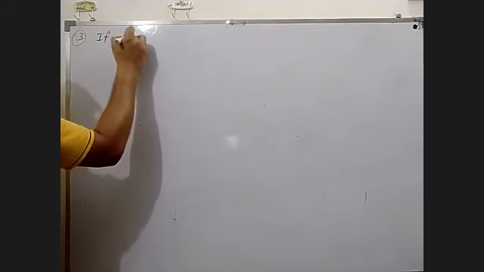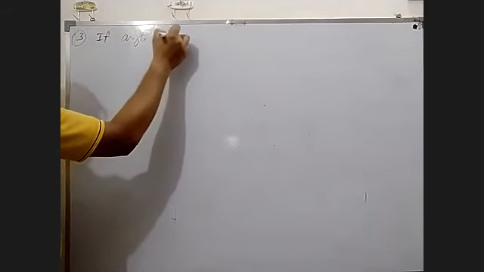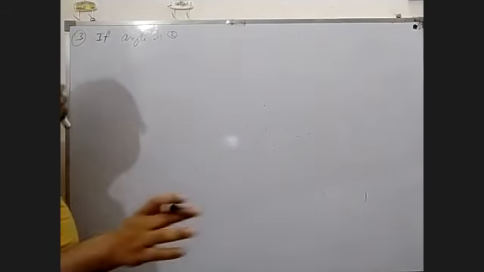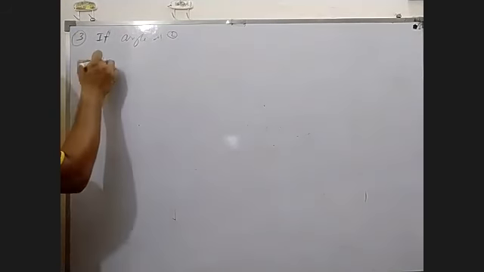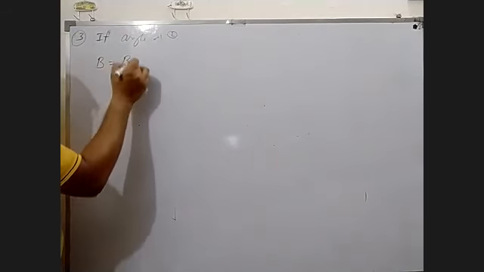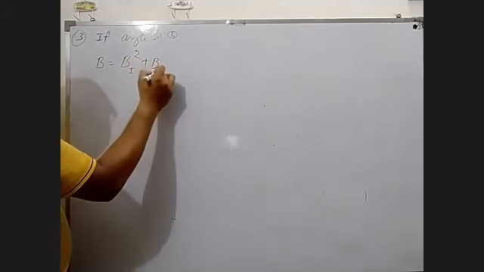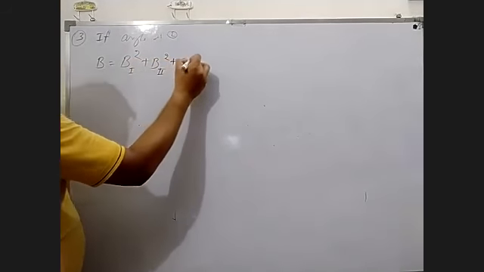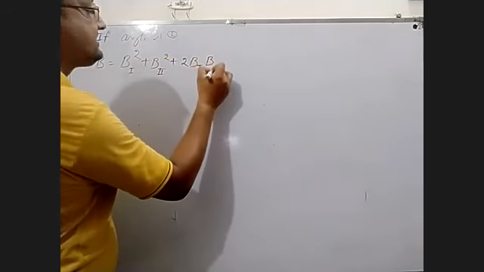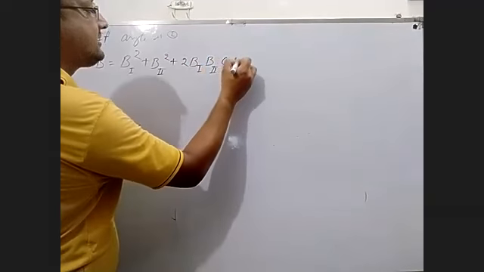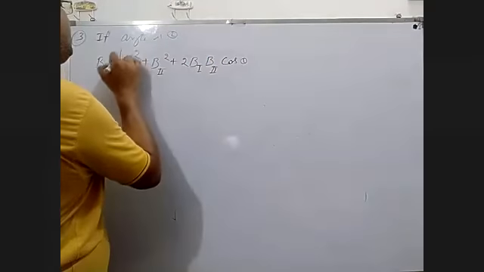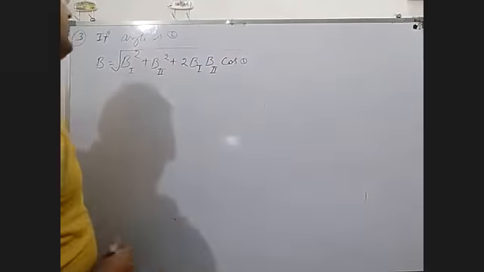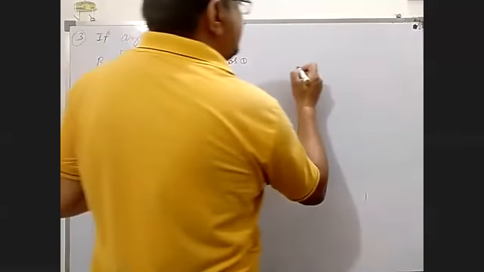If the angle is theta, not 90 degree, not 0 degree, then the result becomes B first square plus B second square plus 2 B first B second cos theta. Then you have to solve this whole formula. Okay, suppose you have